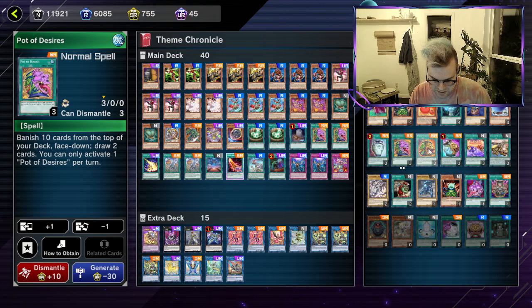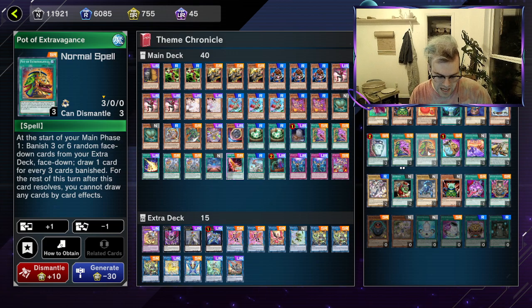Where is it? You run the Pot of Extravagance. I don't like this because the extra deck pieces are super important. You can also run Allure